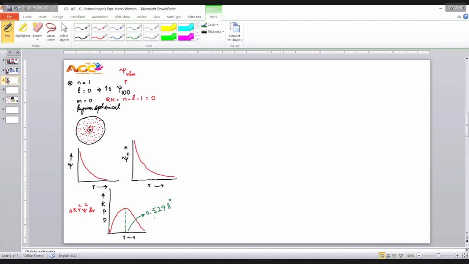Yes, sir. Bohr's concept is correct. Bohr suggested that electron is revolving around the nucleus in the first orbit of hydrogen atom. This is hydrogen atom 1s orbital, and that is 0.529. That has accepted here also. But only problem is he was talking about particle character. We are talking about what we can say probability or chance of finding electron.